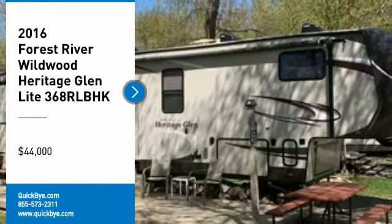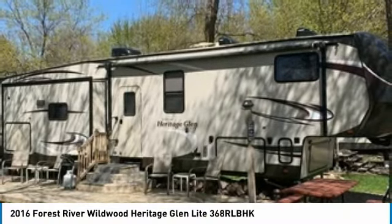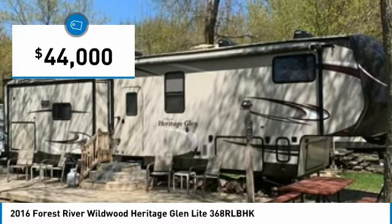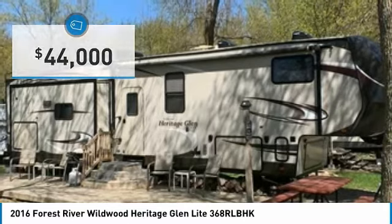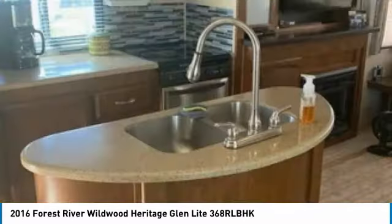Forest River Wildwood Heritage Glen Lite for sale in Waseca, Minnesota 55955. Get ready for your next adventure with this 2016 Forest River Wildwood Heritage Glen Lite. This luxurious fifth wheel is 42 feet in length and features a charming floor plan that can comfortably accommodate up